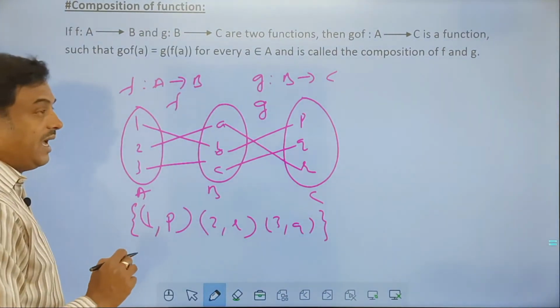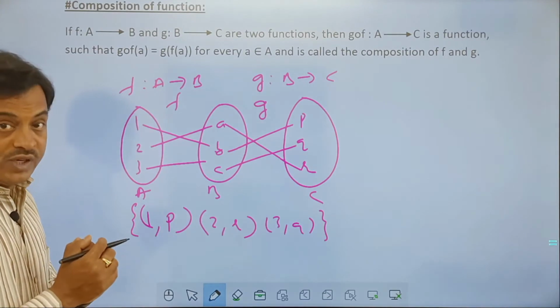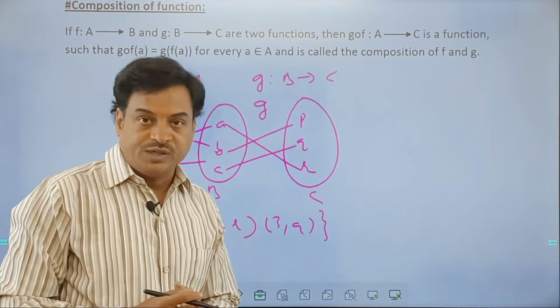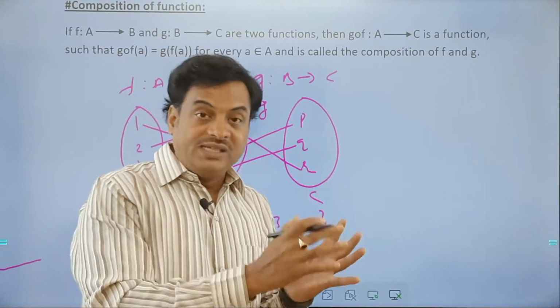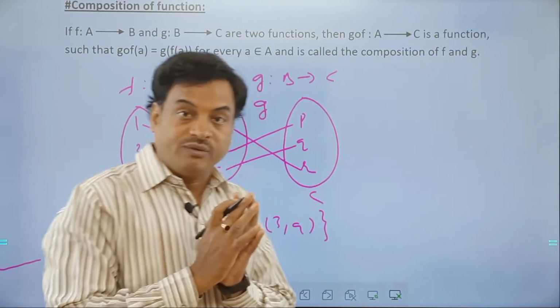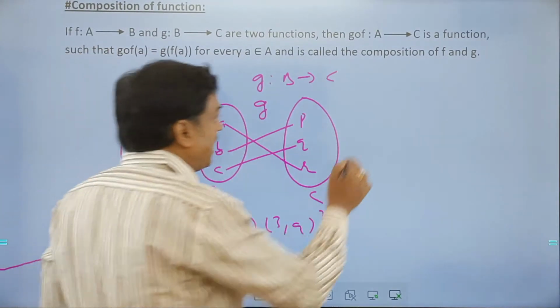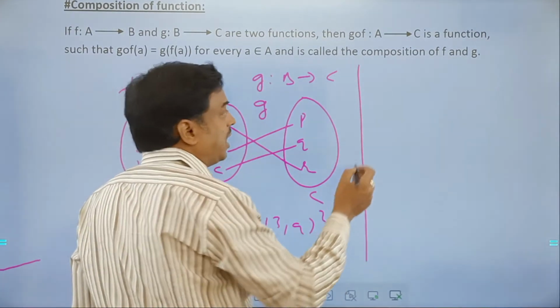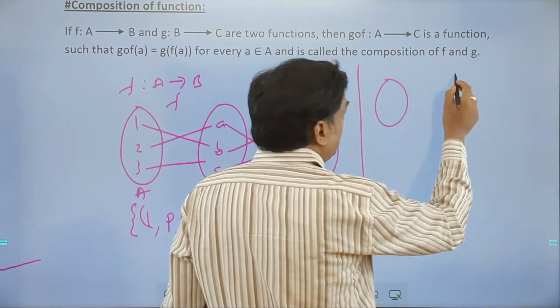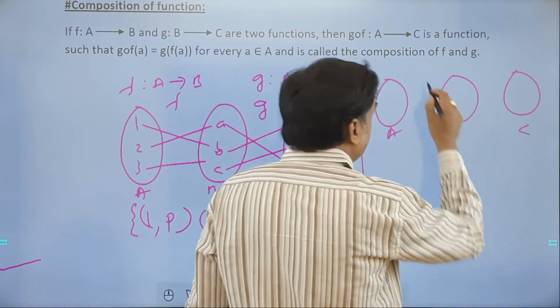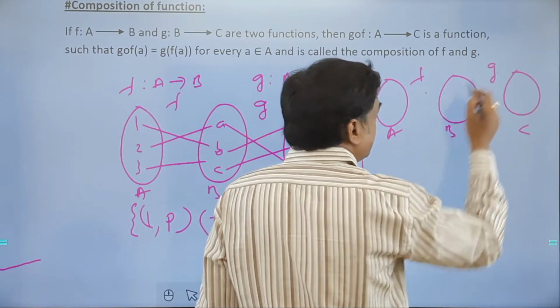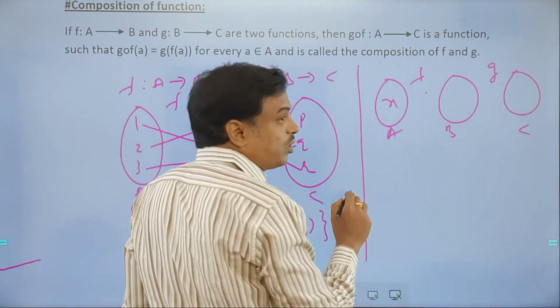This is called a composition of a function. So what is basically composition of a function? Combining two or more functions as one single function is called composition of a function. So the same thing, I'll represent it like this, my friend. I'll come to the outcome here. Here we call it A, B, C. Okay, A, B, C, function F, function G, let us take. And here we have a variable called X.